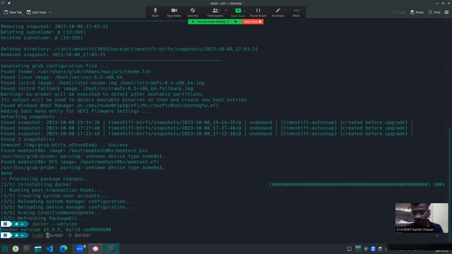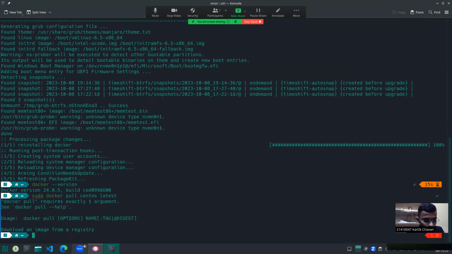So the command is sudo docker pull centos:latest. We have to write latest for the latest version. Okay.